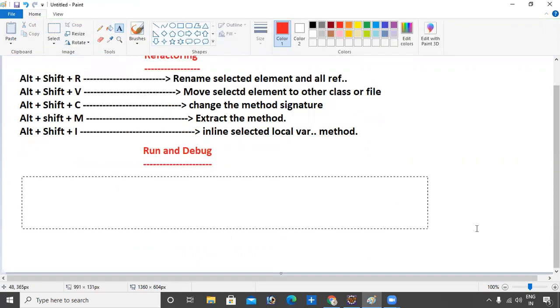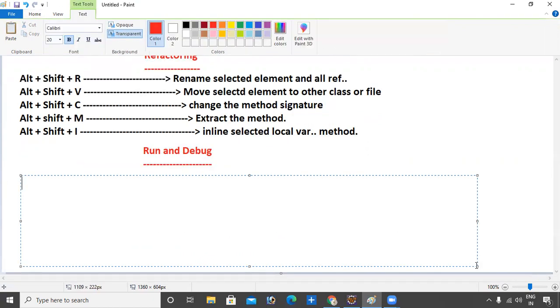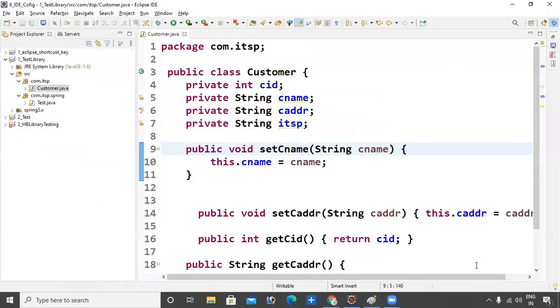There are some keys. The first key is Control plus F11. What is the meaning of this key? This key saves and launches the application. It is not required to go to the main class to run the application.